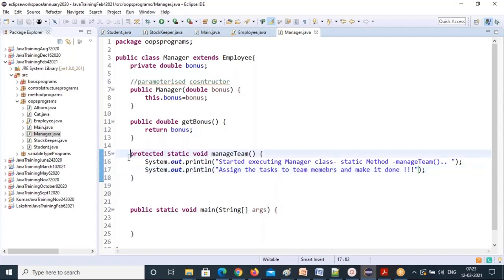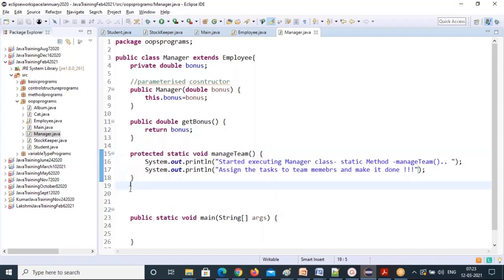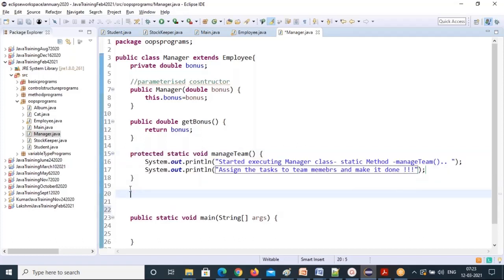We just want some static methods. Okay, I created it. Now I'm creating one more non-static method. I want to show you how to call parent and child class static methods, and how to call parent and child class non-static members. This is the concept you need to get much clarity on, so that's why I'm creating all these static and non-static methods.